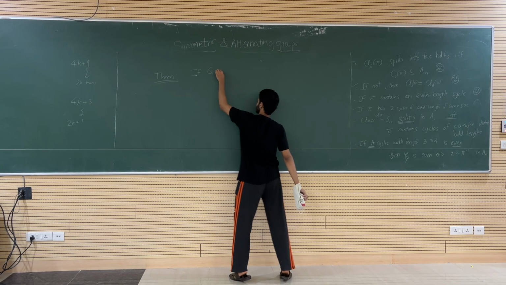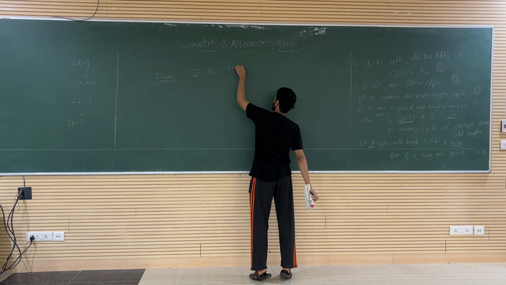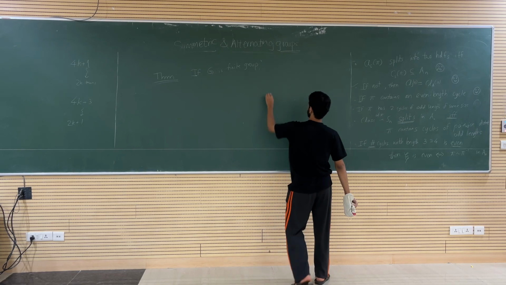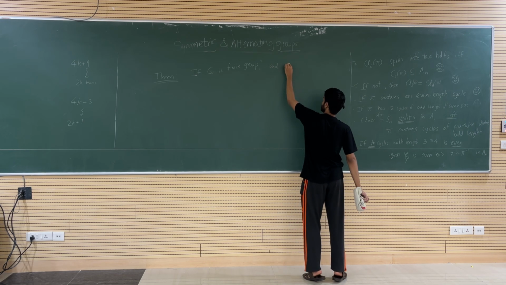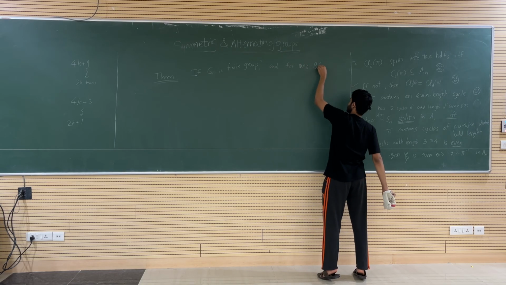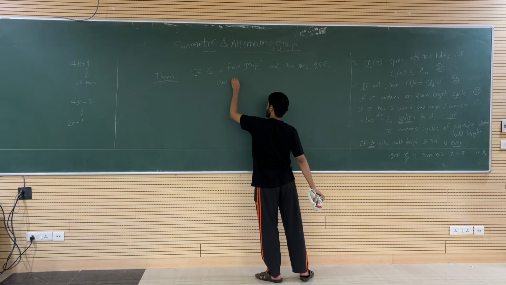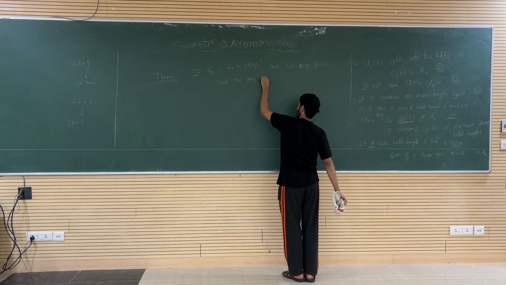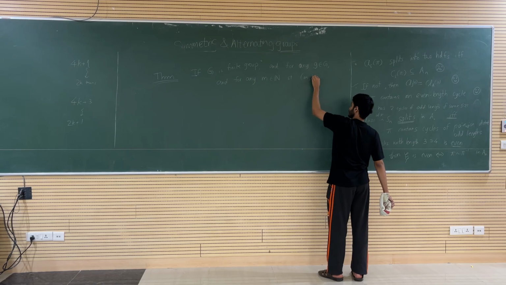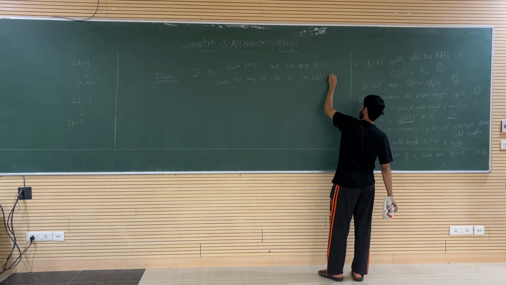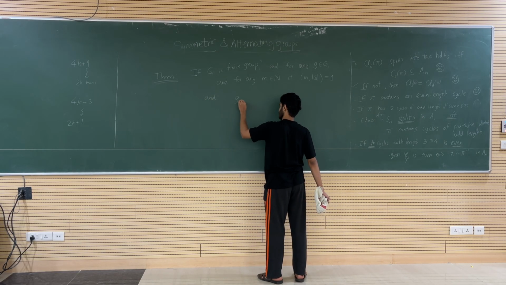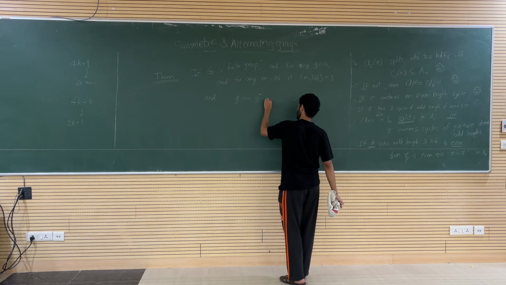If G is a finite group, and for any g in G, and for any m belonging to the natural numbers such that m and the size of the group are co-prime, GCD is 1, and g is conjugate to g to the power m, then